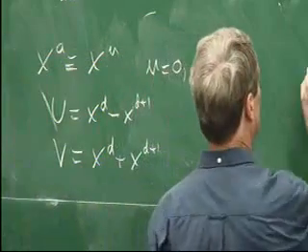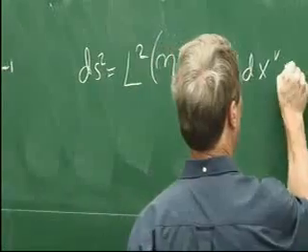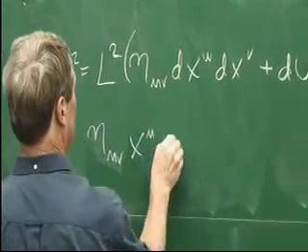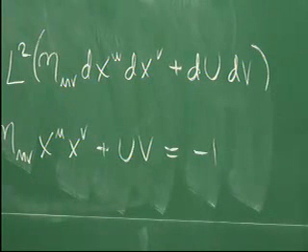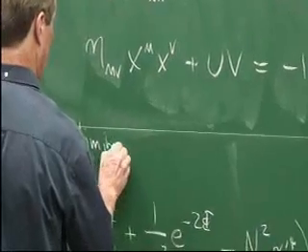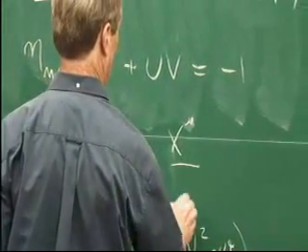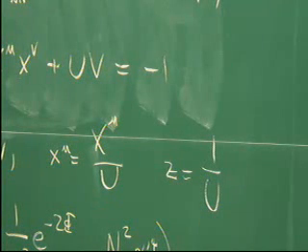The metric is then ds squared is L squared eta mu nu dx mu dx nu plus du dv. The embedding condition is eta mu nu x mu x nu plus uv equals -1. And if you use these conditions to eliminate v, so we have one too many coordinates, and you define little x mu to be big x mu over u and little z to be 1 over u, then indeed you'll find that this metric becomes the metric that we've been working with,